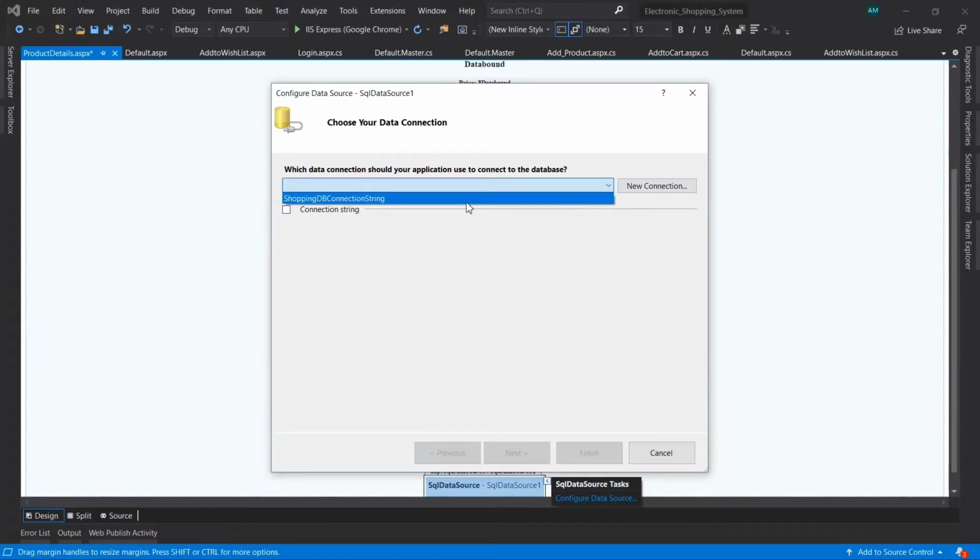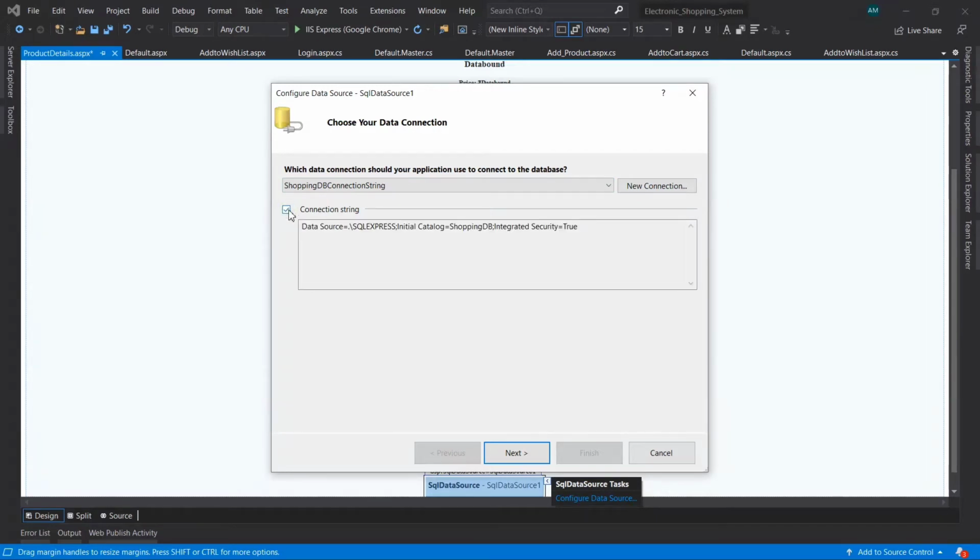Here one connection is there, so I am using this existing connection. If you don't find any connection here, you can choose a new one. My connection string will be data source equals .\SQLExpress, initial catalog equals shoppingDB, integrated security true. Okay, next.